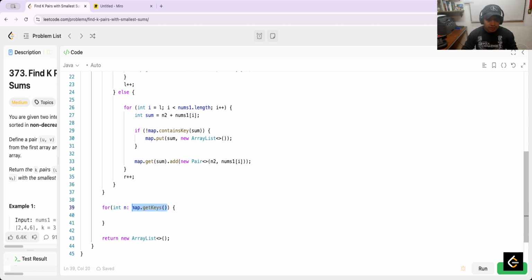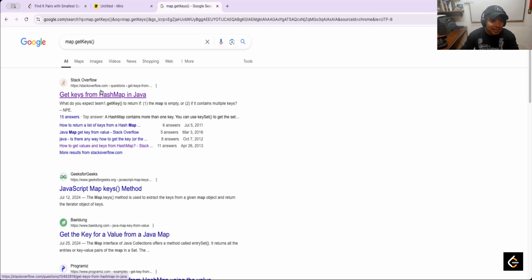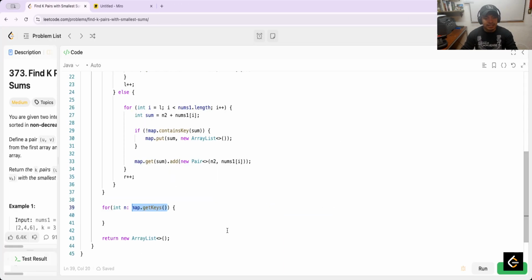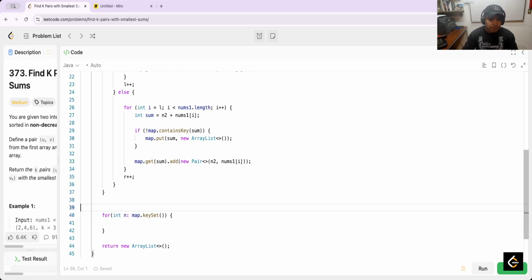I'm not sure, I always forget the name. Is it getKeys or only keys? It's keySet. Sorry, keySet. And here is result.addAll. This is a linear operation, but well, in this case is map.get. And no, this is wrong. The first is